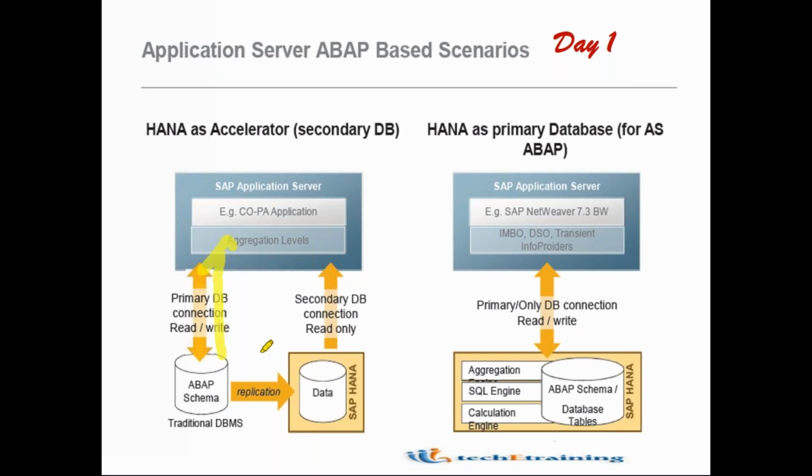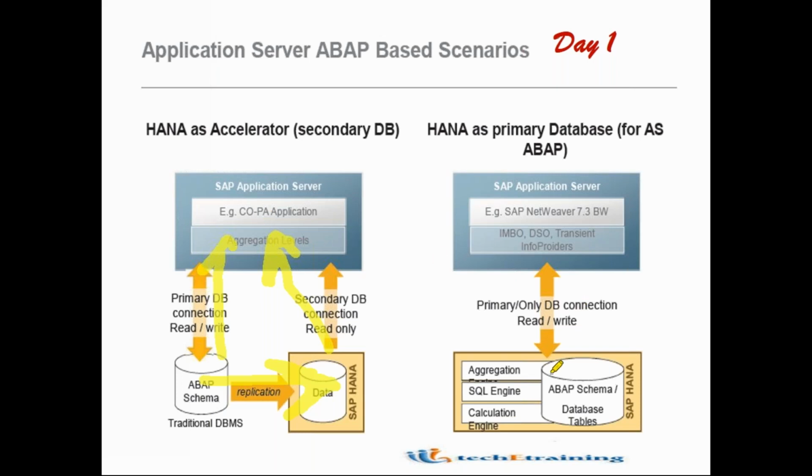Data is replicating from the normal ABAP schema to HANA DB. HANA is not directly connected to the application server, it is connected separately, so we write a secondary database connection. We can write a program which picks the data from the secondary database, which is indirectly connected to the application server, for example COPA reports, which involve heavy processing, because both databases are synchronized. So I can write a report which takes data from the secondary database, that is accelerated HANA. So there is no disturbance on the current landscape.